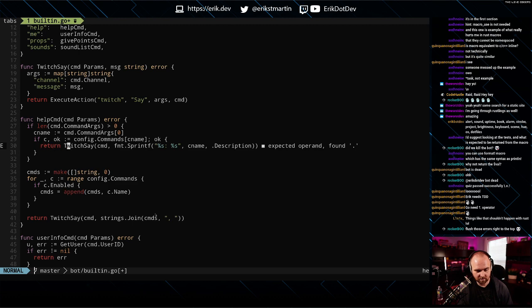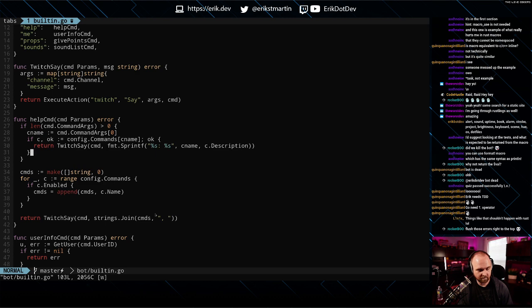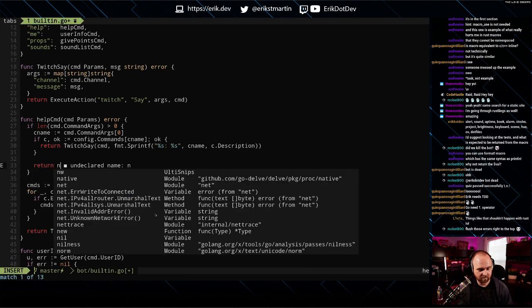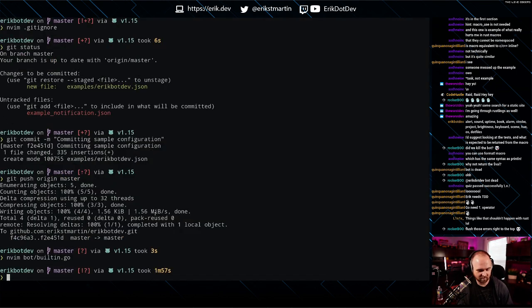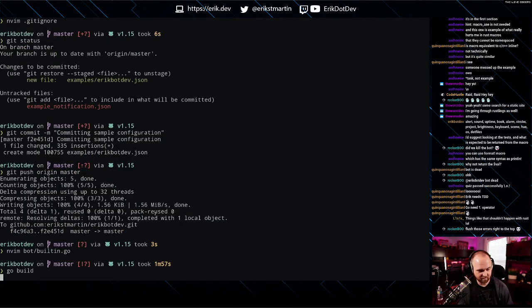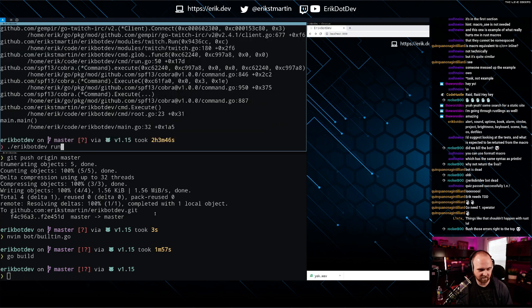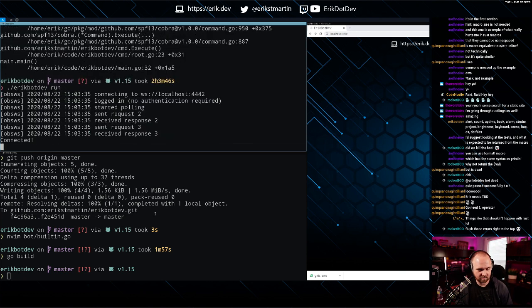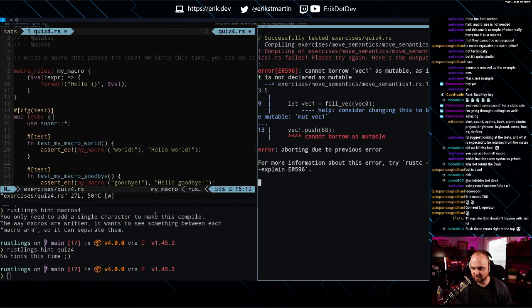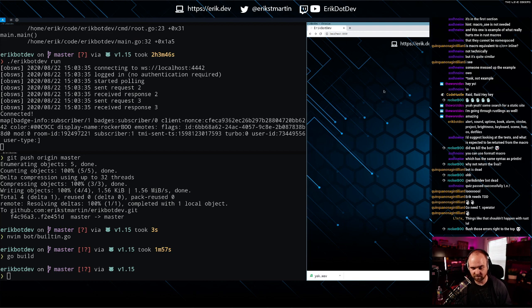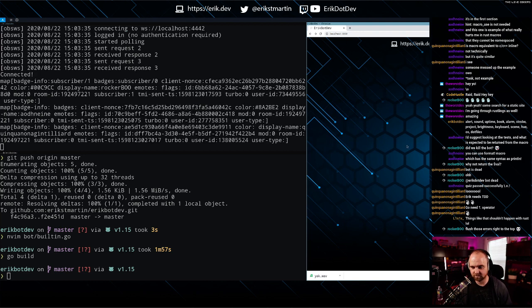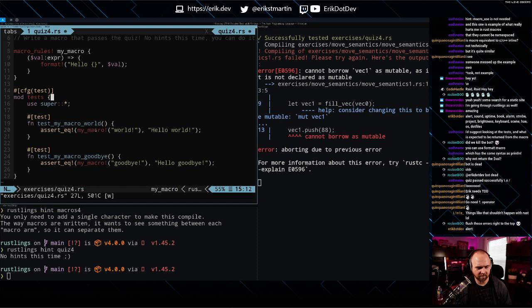And then if not, we're just going to return nil. I don't want to fill up the chat with messages when you're getting help for commands that don't exist. Okay, that should fix it. That should hopefully fix it. We'll probably want to refresh this and click around. Oh no, it would have reconnected to the WebSocket.